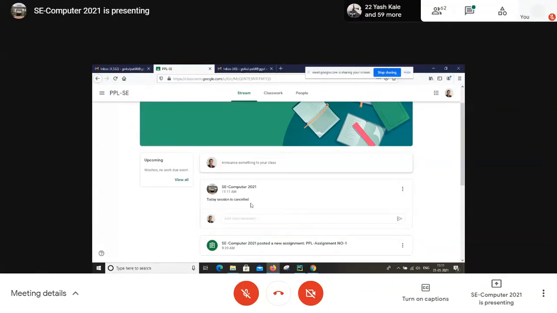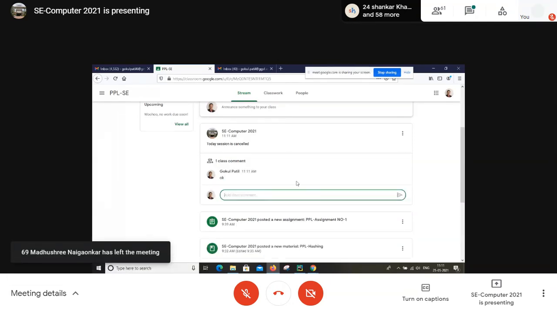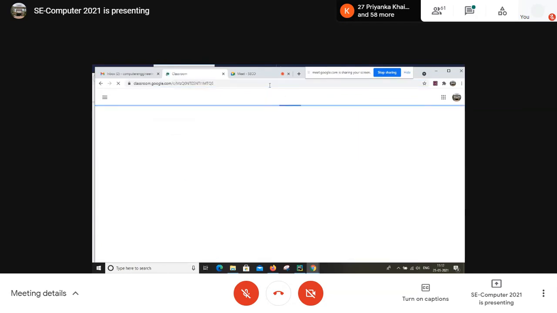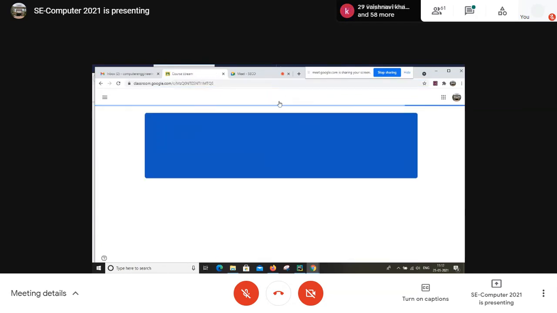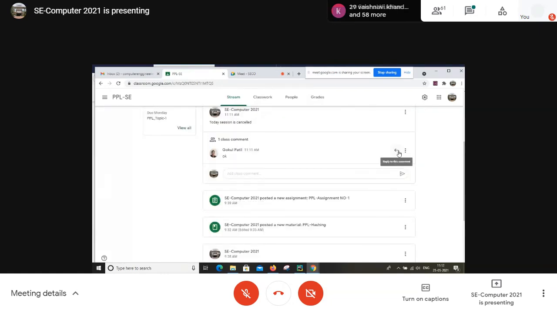A user can send a personal message to that faculty through this chatting section. So the student can revert back with a message. Let's say okay, and that message will be delivered to the respective faculty. In the faculty portal, we can see what messages are received from the students, any doubts or difficulties related to that notice. And we can again revert back to that student with an acknowledgement, or we can send some update related to that particular post.